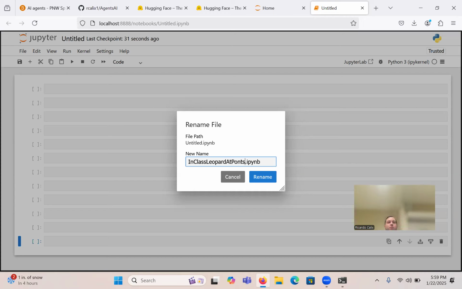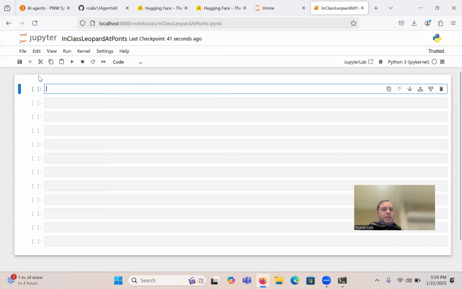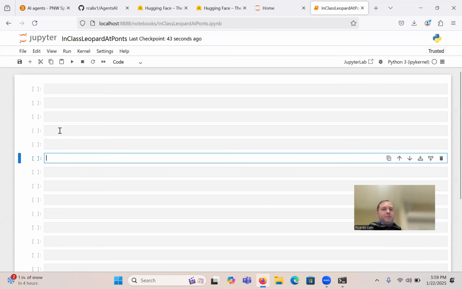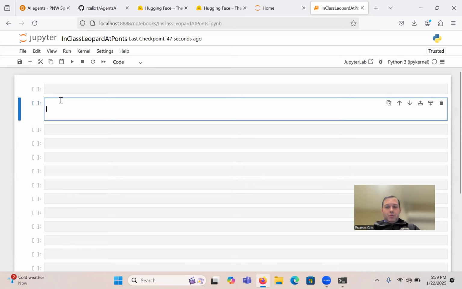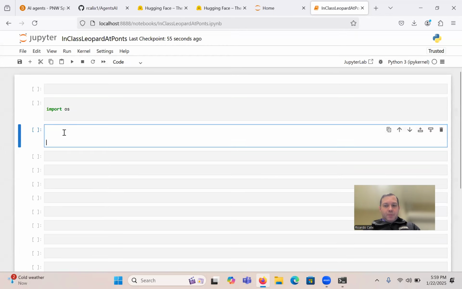Okay, so let's go ahead, save it, rename it. All right, so the thing I need to test now is if it can grab the environment variable. Otherwise I'm going to have to hard code it, which is not ideal, but I'll delete the token at the end of the code. So import OS, and then here I would need